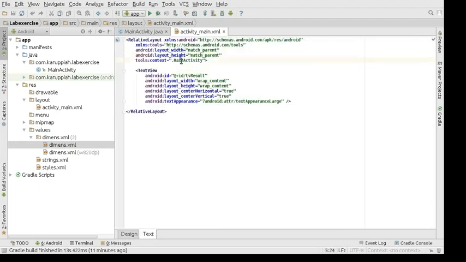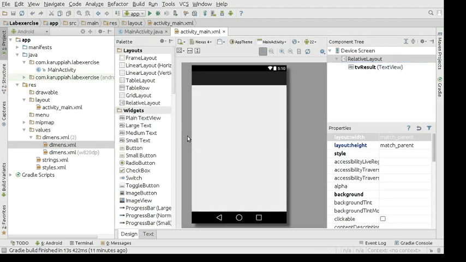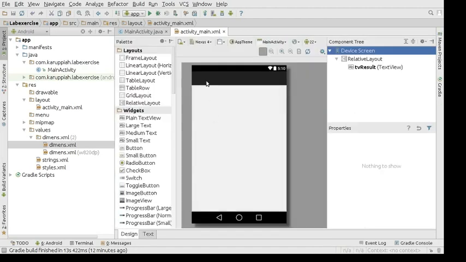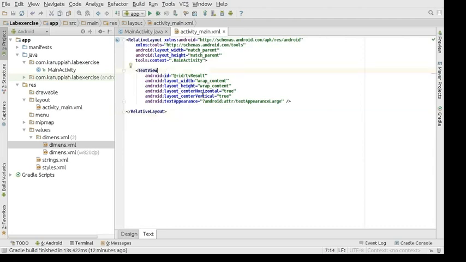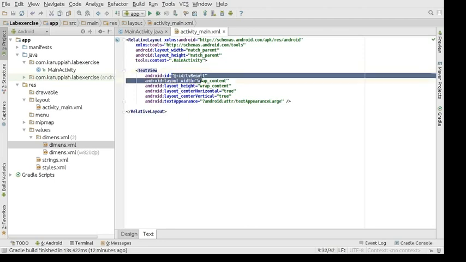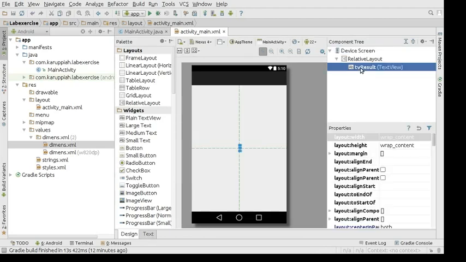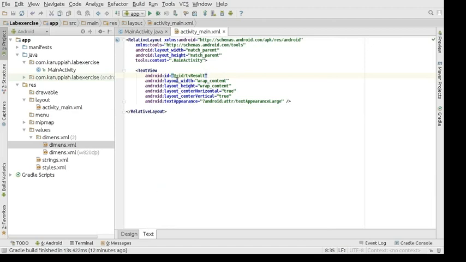So the width, match the parent's width. And height, match the parent's height. This is the parent because there's no other root parent. But now the text view comes up, and the text view has an ID. This ID should be unique, and I recommend you assign IDs from this design screen, because you'll make mistakes when you type it out over here, because you need the at and then the plus symbol and all.